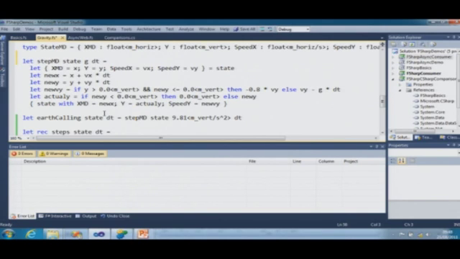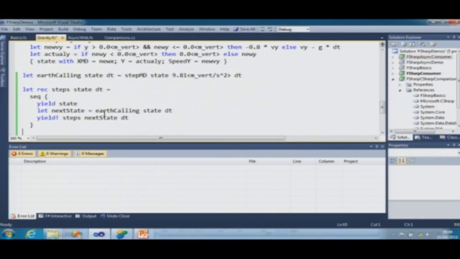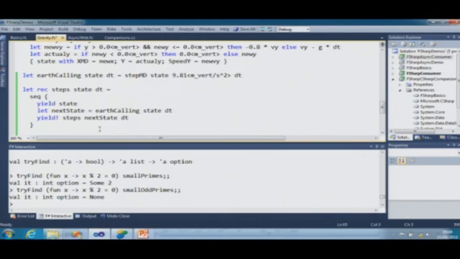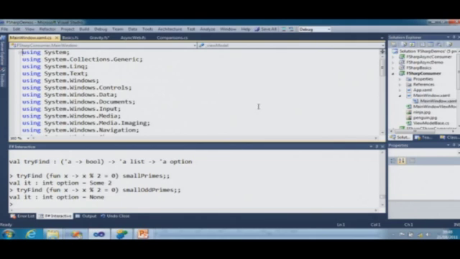Okay, so now we've got our gravity simulation. We actually want to run that simulation. Although we could write in F-sharp interactive and look at the exciting numbers coming out, I think it's probably a better way of presenting a bouncing ball simulation, and the way I'm going to do that is in Windows Presentation Foundation. Now, F-sharp does not play nicely with WPF. It's pretty much impossible to write a XAML window and have it backed by F-sharp code. But what I can do is write my XAML window in C#,